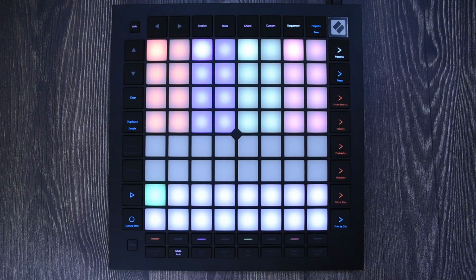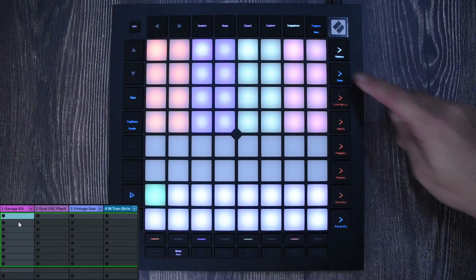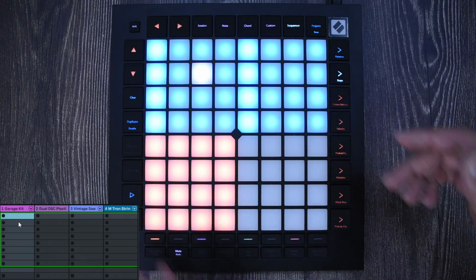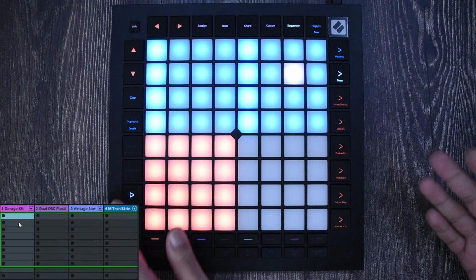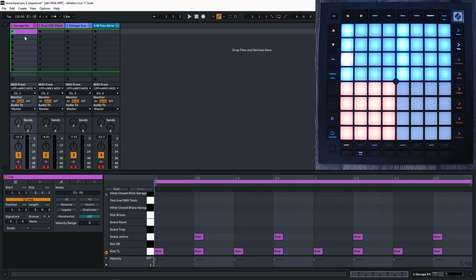So what I want to do is print that clip into the Ableton DAW clip. So first of all, you need to go to a clip on your DAW. You need to select it. I'm doing it right now. And in the case of steps, I am on the sequence I want to print. I just need to go to print and press it. When I do so, it's just going to go to the DAW and print that clip to